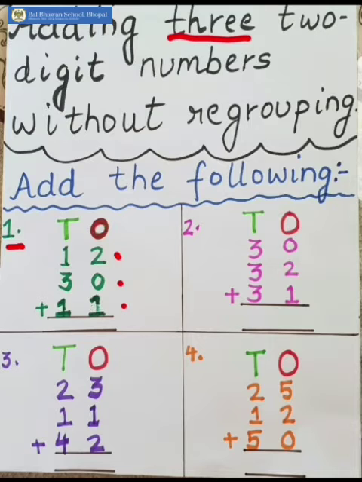Now the next digit is 0. So now you have to add 0 with this 3. So you know very well that any number added with 0, what you get? You get the same number again. So what comes after adding all the digits at ones place? It comes 3. Now we'll see the digits at tens place, and the digits are 1, 3 and 1 again.